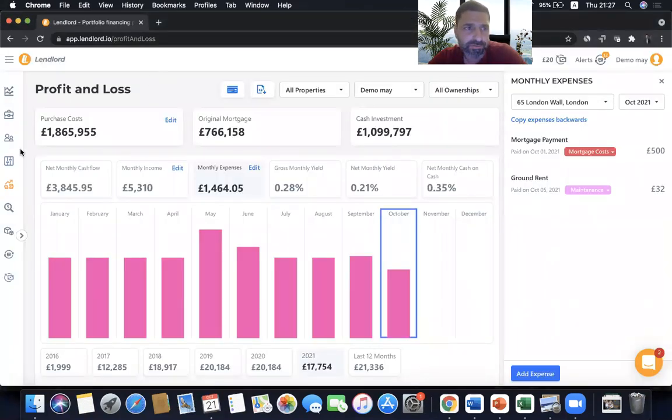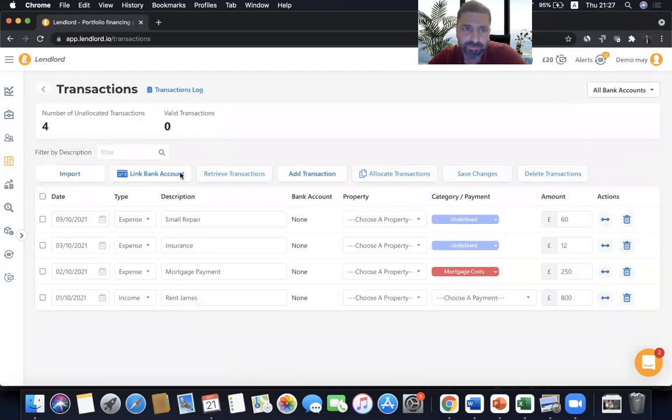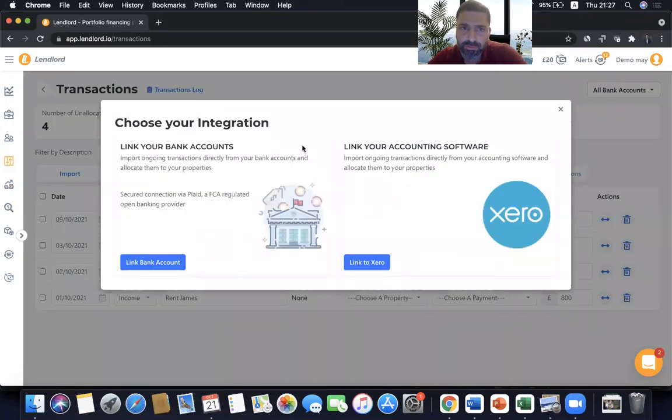So I will go to the transactions page and I will explain. Lendlord is connected to Plaid. Plaid is a provider that implemented open banking. It is a regulated activity by the FCA, and Plaid has the license for that. And Lendlord is an agent of Plaid, and Lendlord also got the approval from the FCA to be an agent